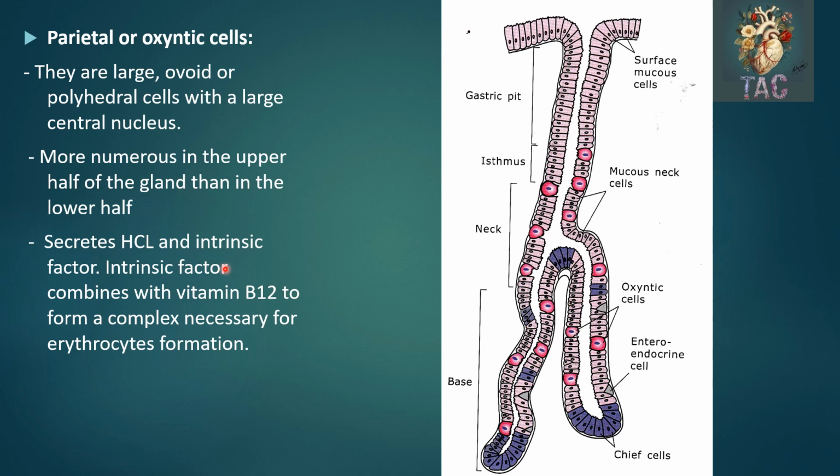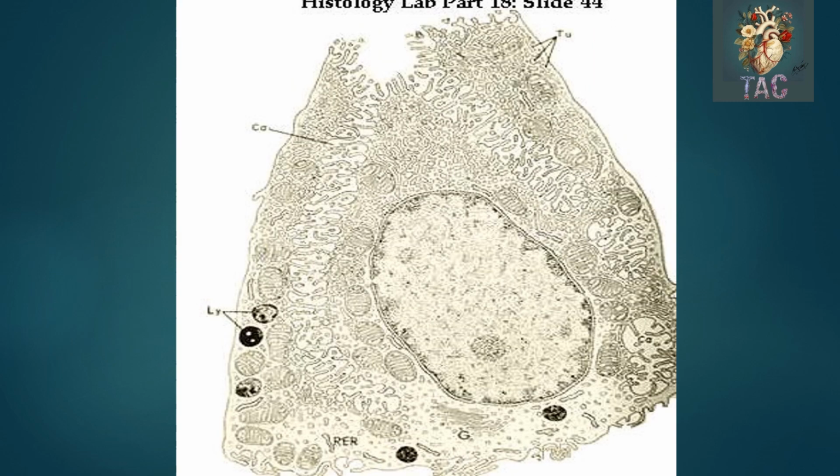This intrinsic factor combines with vitamin B12 to form a complex necessary for erythrocyte formation. So, another important point for your MCQs is that these cells secrete HCl and intrinsic factor for vitamin B12. Another important point for your MCQs: they are strongly eosinophilic, large triangular-shaped cells, usually present in the upper half of the gland. Electron microscopy shows that